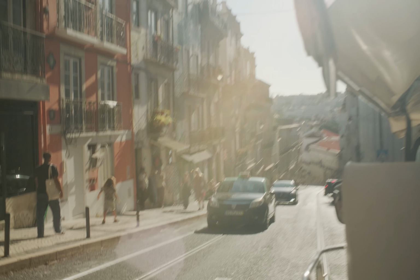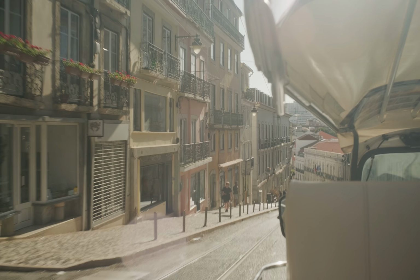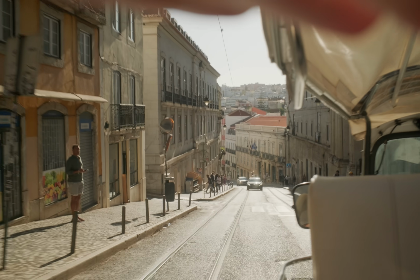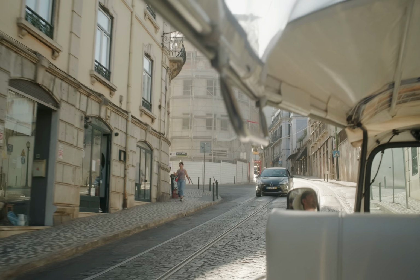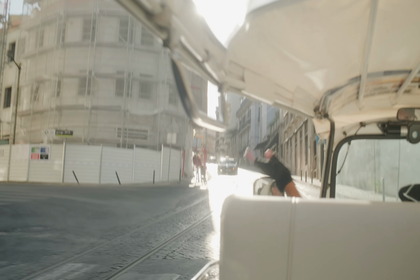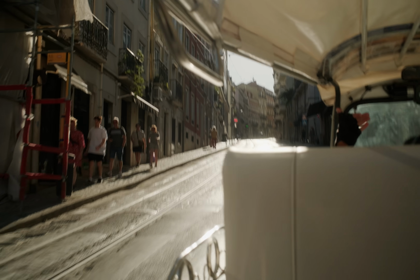This is the non-touristic side. It's the authentic side of the city. It's one of those neighborhoods that was not lost to tourism. Before the earthquake, it was fancy to live downtown, close to the river. After the earthquake and the tsunami, it was fancy to live up the hills. So around this area, you're going to find lots of palaces because this was where the noble people started living